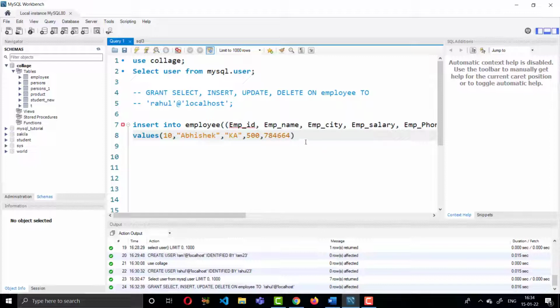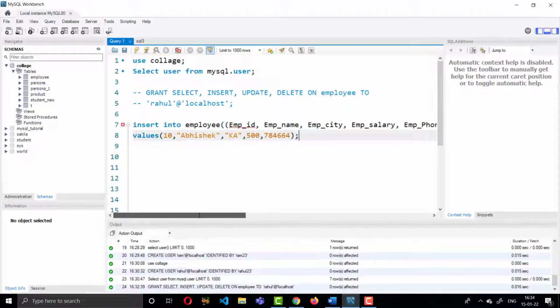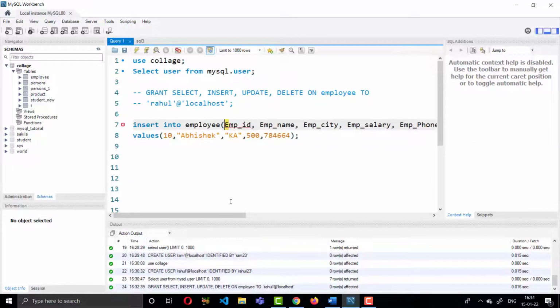Okay. Insert into employee, give your column names, the structure of the table, and in VALUES, give the values.